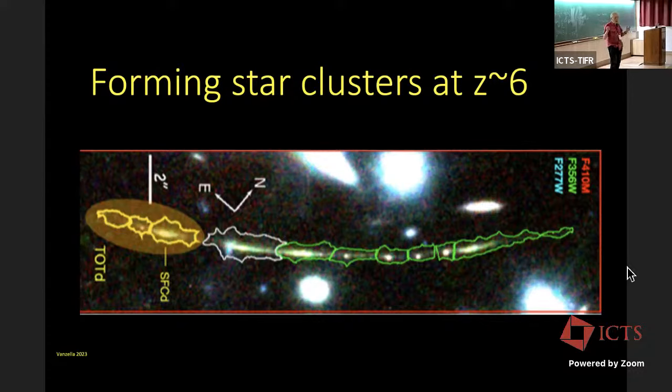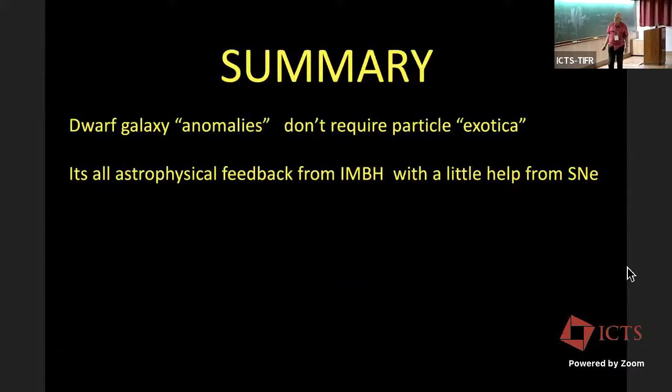So maybe we're beginning to have the ability to see small things via magnification at redshifts as far back as 6. So these are the masses and the sizes of possible forming nuclear star clusters. Maybe there's something else, but it's a first glimpse from the early release data. Okay, so let me now turn to a summary of my talk.